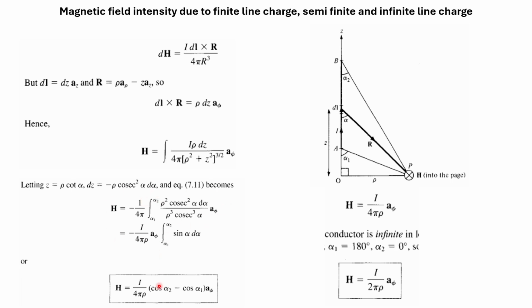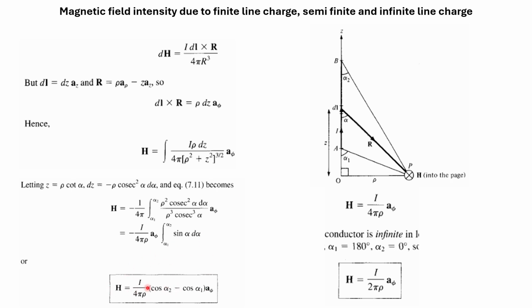Now replace all these values, and after integration you will get H is equal to I divided by 4 pi rho times (cos alpha 2 minus cos alpha 1). Alpha 2 is this one. Actually we have the length A to B, and from point P we have the angle alpha 1 to point A and alpha 2 to point B. So we integrate and we get